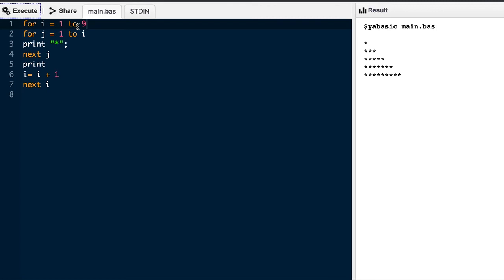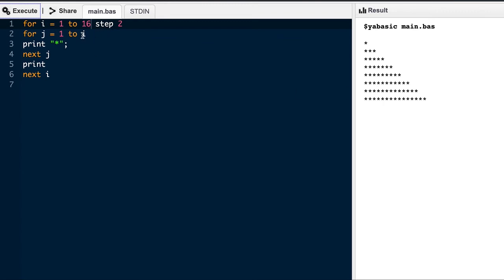Get the point? So this is the same thing as for i is equal to 1 to 9 step 2, right? It is the same as step 2. So somebody might have written this 1 to, say, 10. I said no, don't do it by step. That was the reason. And then you don't have to write this, and I execute. I get the same result. If you're not able to see the results, I'll change this value to say 15, 16, and you see, it gives the same result.